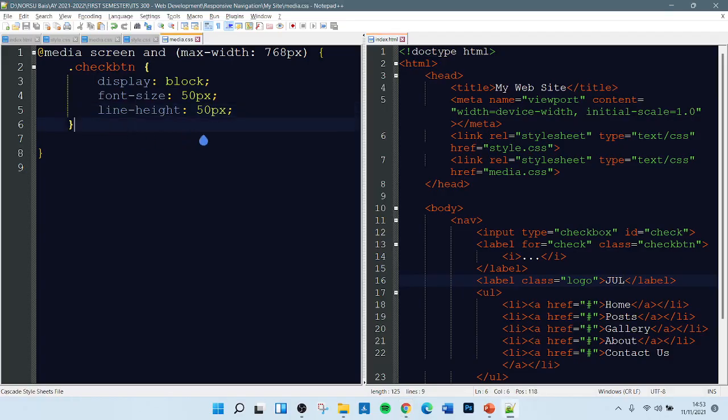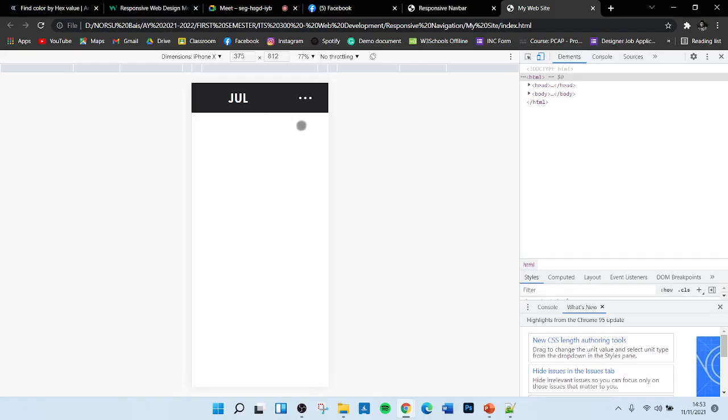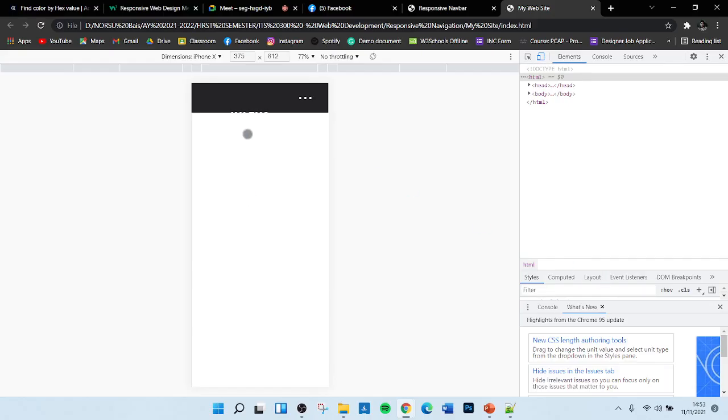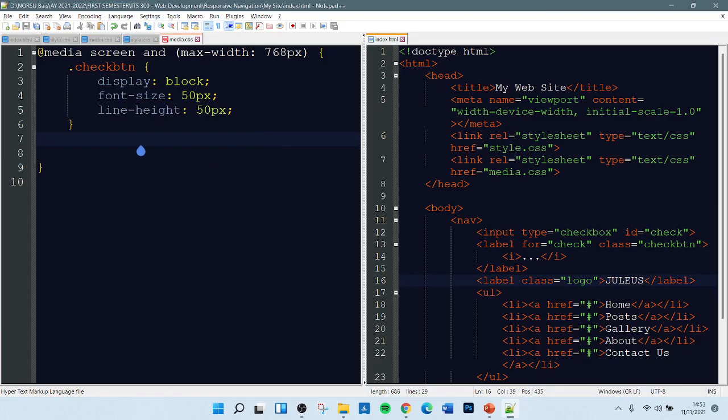So that's the first thing that we're gonna do. Next is we want to decrease. It's okay. Let me save it back to Jules na lang. Julius. All right. As you can see, maguba ang atong logo, so we can fix that. So to fix it, we can say label. Let's call our dot logo again, and then